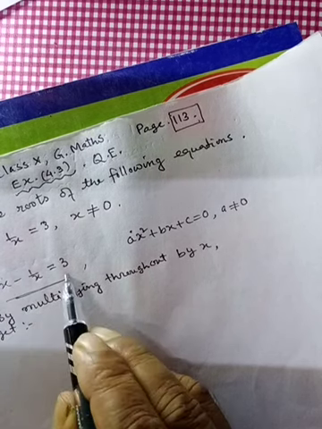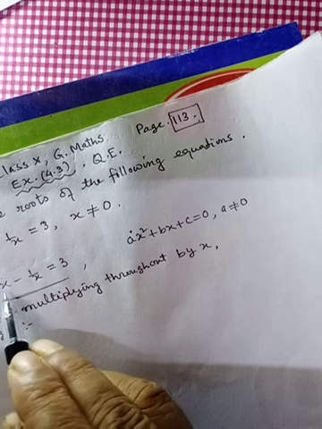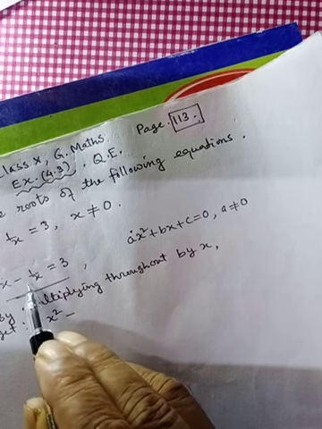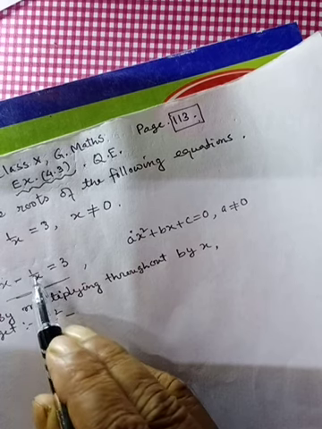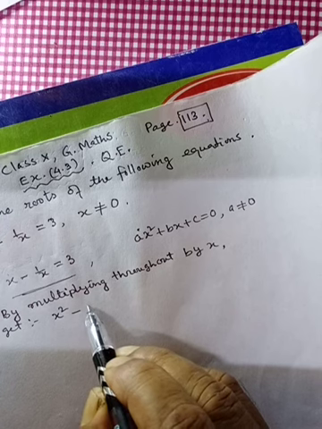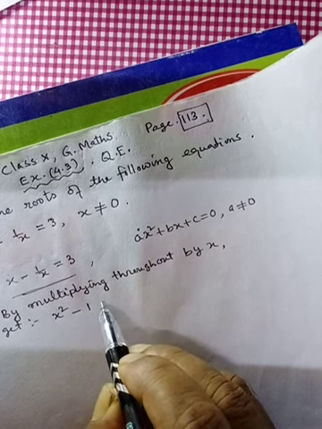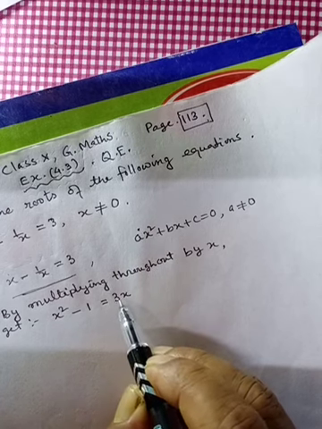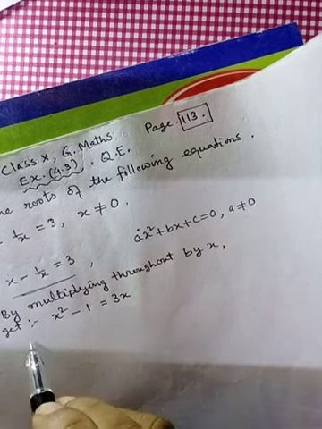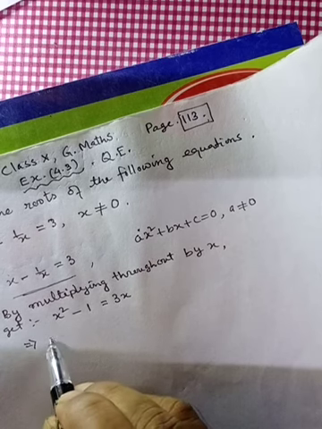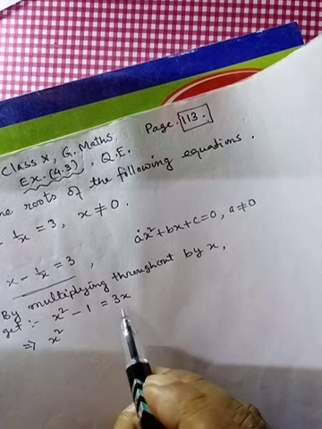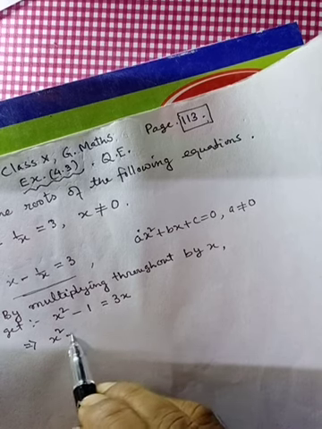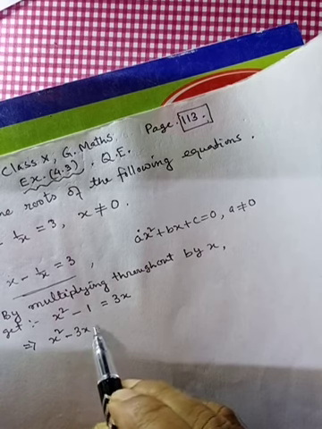When we multiply by x, x multiplied by x will give x square, minus 1 by x into x will give 1, and this will be thrice x. Now x square, bring thrice x to the left hand side, so the sign will be minus 3x minus 1